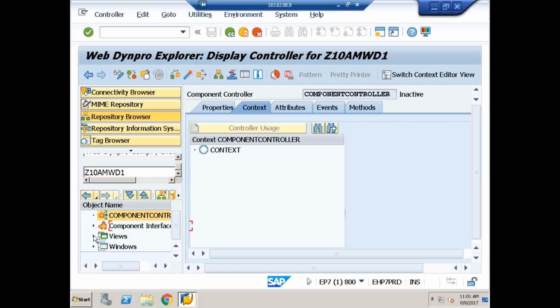Then I'll go to the view. What is my requirement? To display some welcome message. So I have to design my view now. If I expand this, this is my view name. See, when I double click on this,